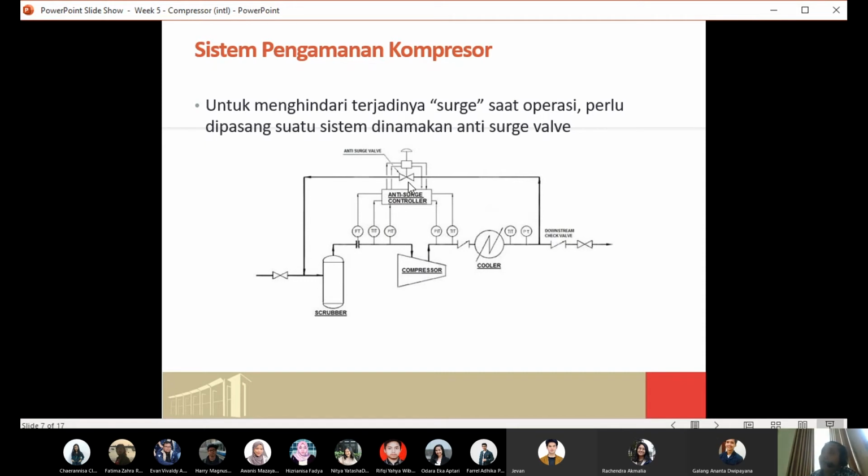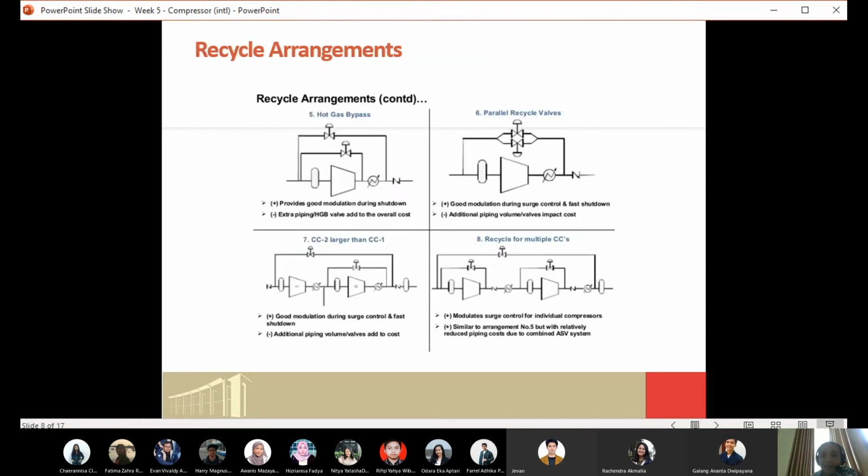And then we also learned last week that we have an additional anti-surge system, again to get better performance in terms of safety, which is called the hot gas bypass and also the cold gas bypass valve. This is another anti-surge system, the additional one that we can provide in order to really ensure the compressor is free from surging.